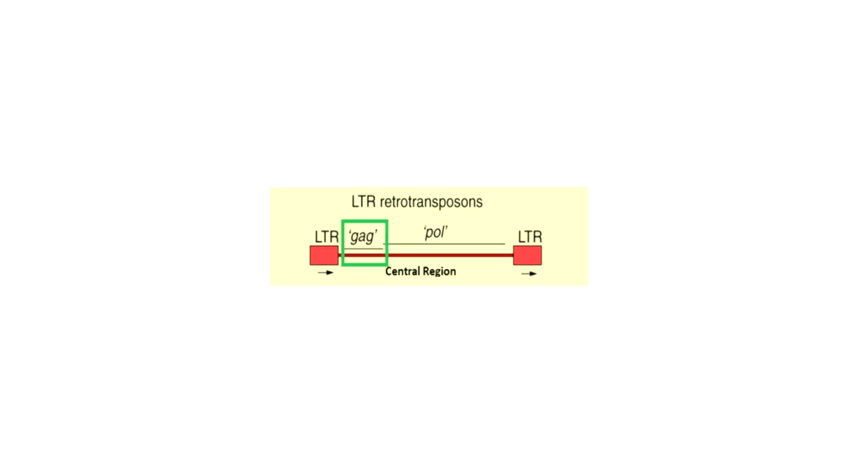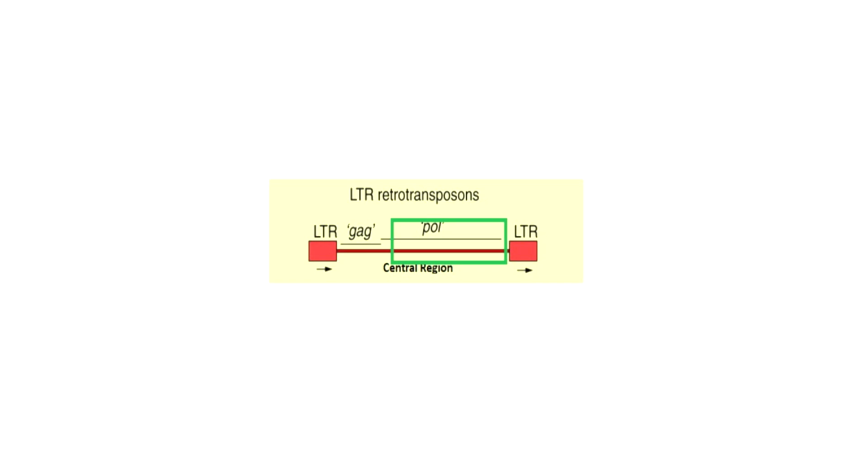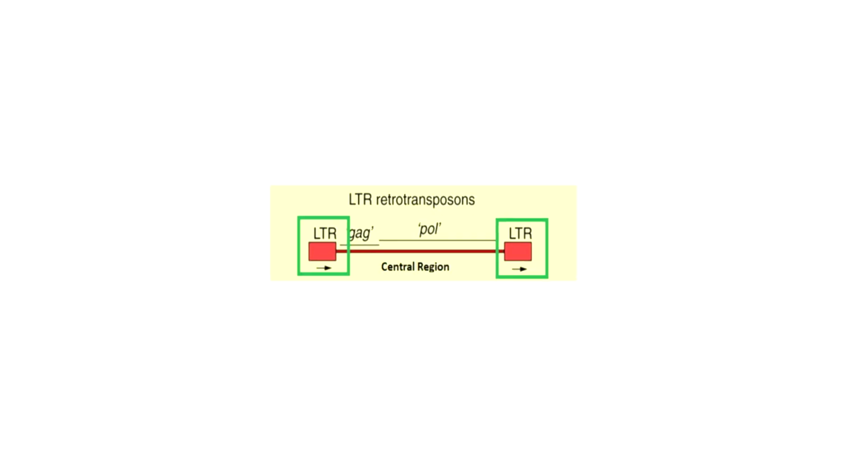The central coding region of the retrovirus-like element contains a small number of genes. Usually only 2 genes are present, and these genes are homologous to the GAG and POL genes found in retroviruses. GAG encodes the structural protein of the virus capsid and POL encodes reverse transcriptase and integrase proteins. Now a retrovirus also has a third gene, the ENV gene, which encodes a protein component of the virus envelope, but this gene is not present in retrovirus-like elements. In the retrovirus-like elements, these GAG and POL proteins play important roles in the transposition process.